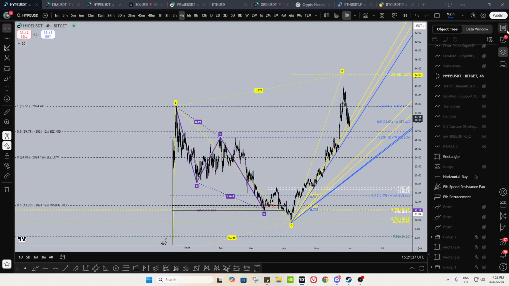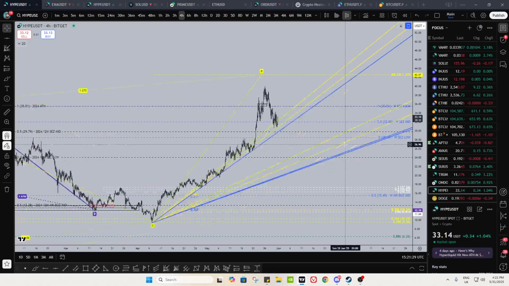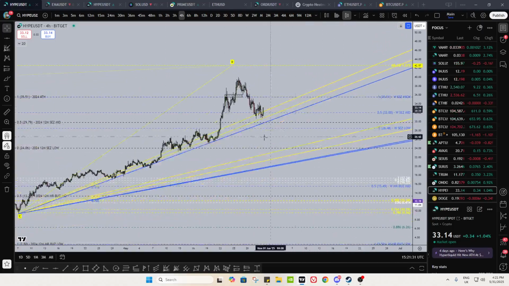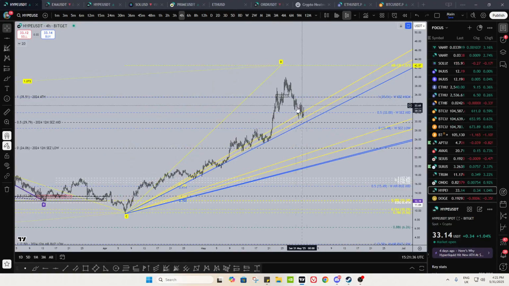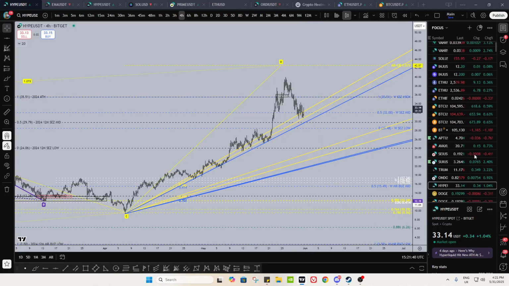So, nothing for me to say on HYPE. If you get the harmonic, that's it. Otherwise, I'm not interested at all, right? I'm positioning this like I do not care. So, if you're not in HYPE, don't worry about it. Literally focus on something else. There's going to be other coins where opportunity is way better.